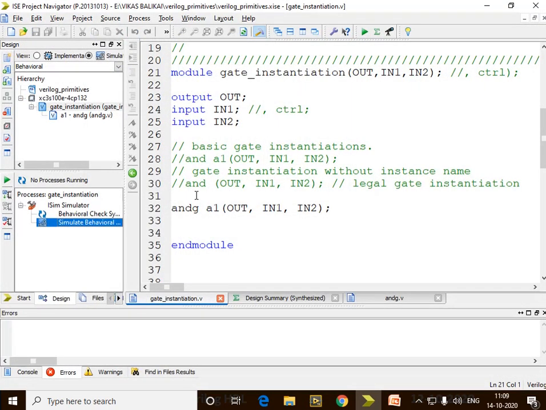But the only difference that you can find between user defined primitives, that is user defined gates, and the gates that are available by default is that in user defined gates, the ones you write, you have to write one more program saying what it does. Whereas with the predefined gates, you will not be writing any sub programs for that particular gate. Like for example, I didn't write any over here.